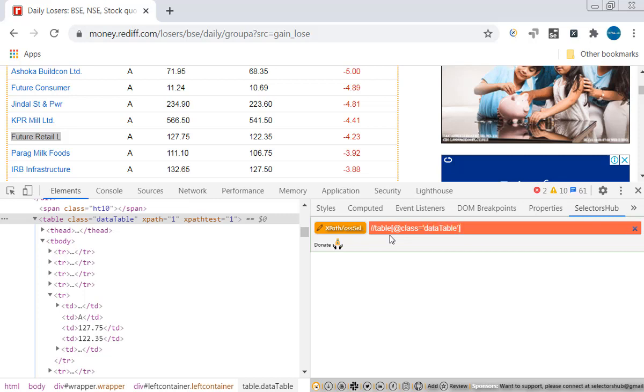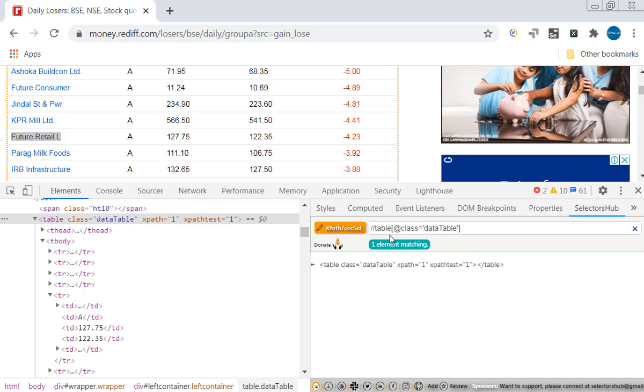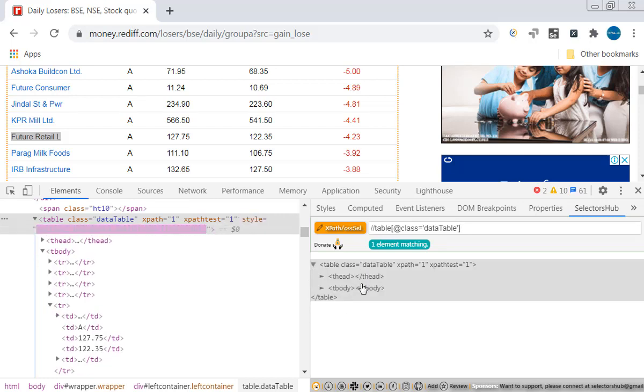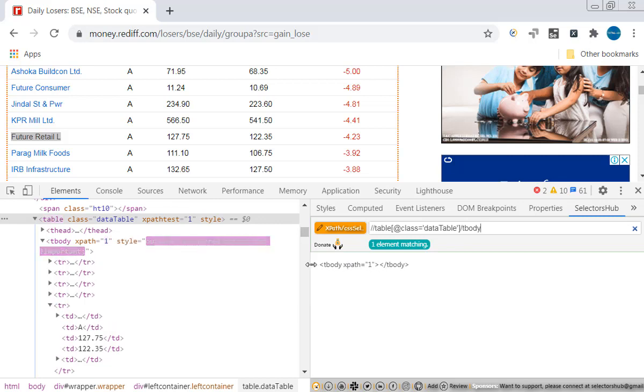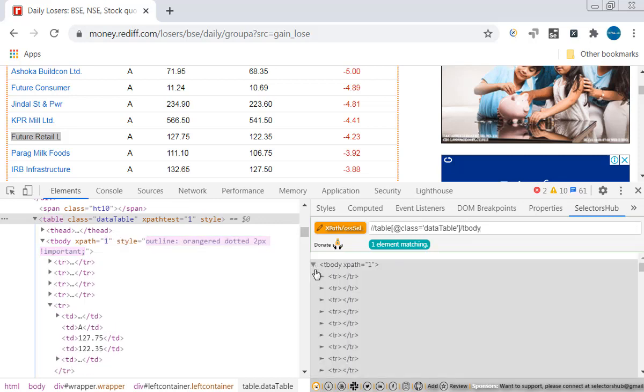I'm able to identify the table now. The table is highlighted. You can check. Table head, table body, then we go to the table body. I select the table body. In the table body, I'm interested in the row which contains Future Retail L. Table row, table data.